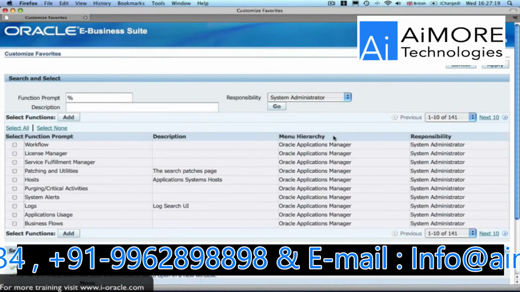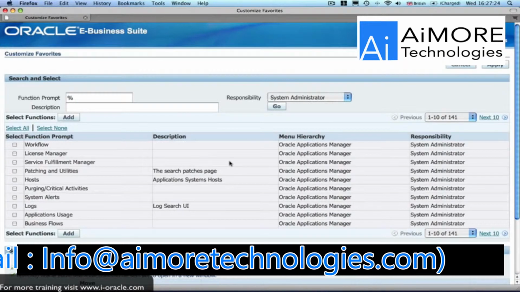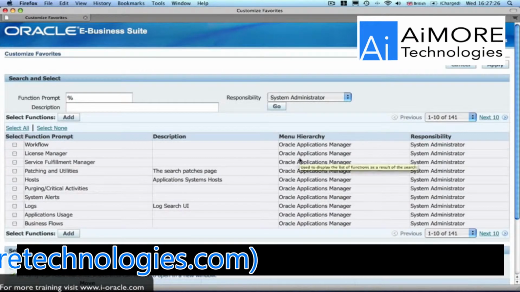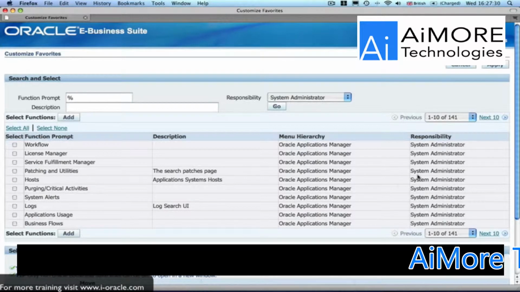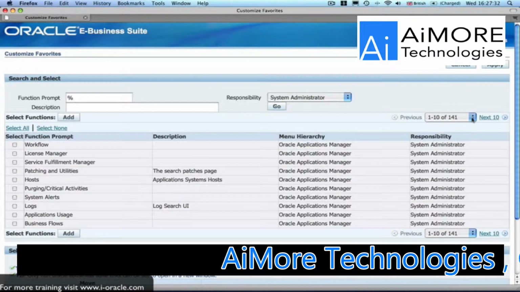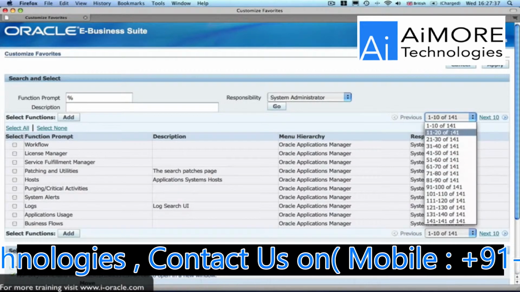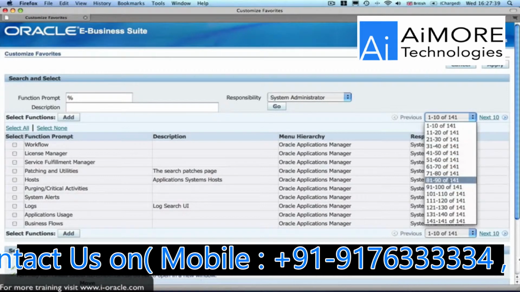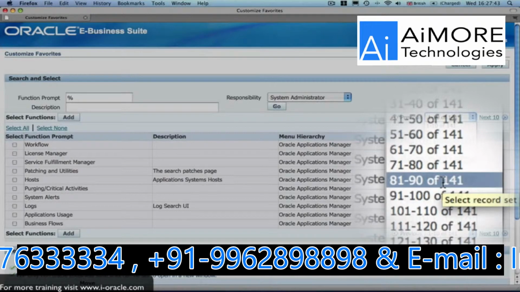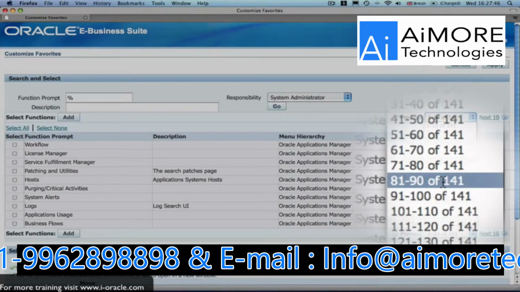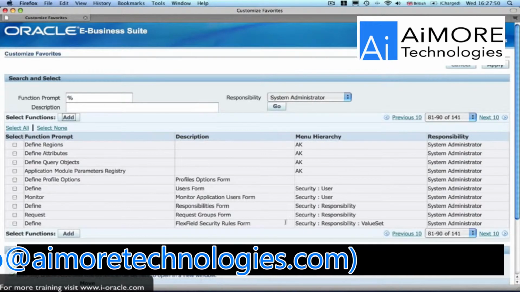Clicking on the go button retrieves the search result and I can navigate around this page. Navigate is a word used mainly within Oracle eBusiness Suite if you want to move around a page or move around a responsibility. For example, I can select from my list here a list of all the different parts of a search result. So I may want to jump to 81 to 90 of 141 records that have been retrieved. If I select 81 to 90 as an example, it comes to a page where I can then